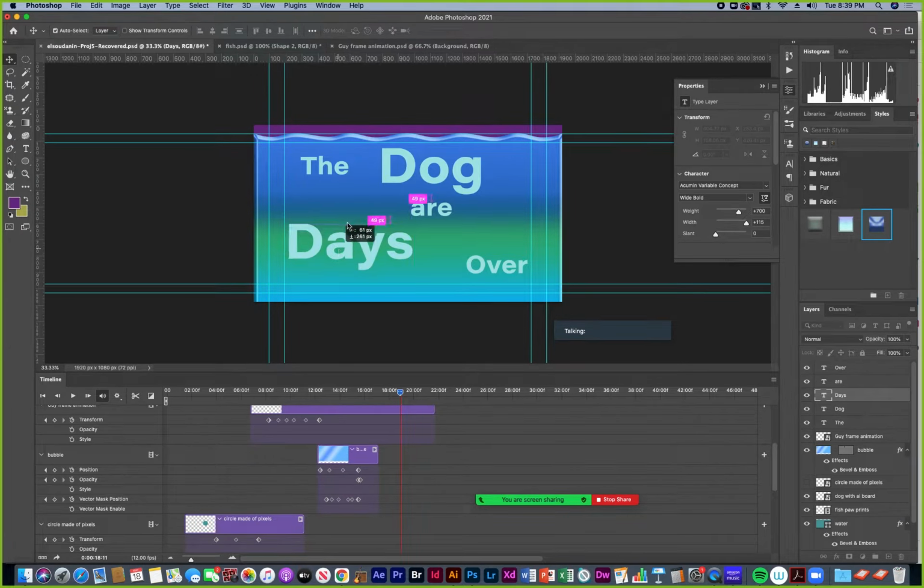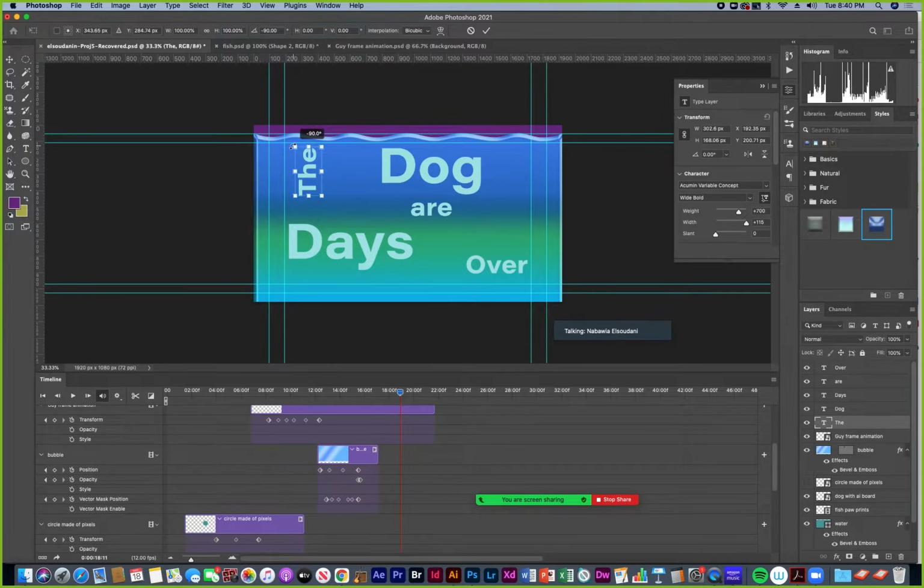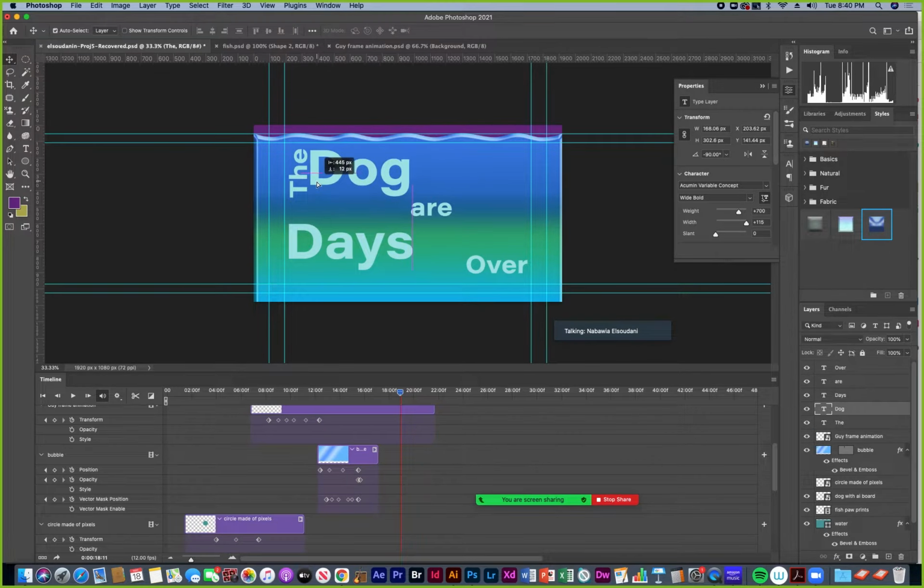And the dog days. And then maybe I can use Command T and rotate it. Some kinetic typography does interesting stuff with rotating in layouts, so I can hold Shift and rotate till I get it to a perfect 90-degree angle. Press return, and that could be, for the purpose of fitting it into the layout in an interesting way. The dog days